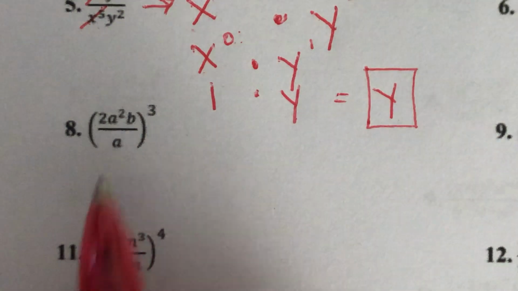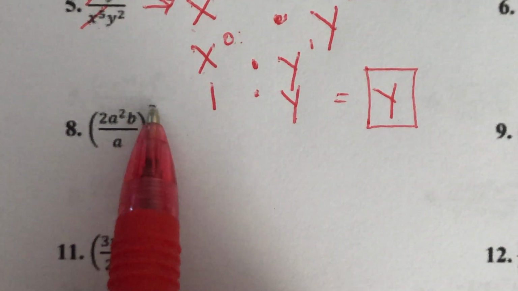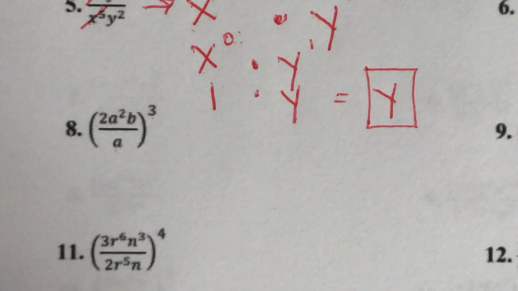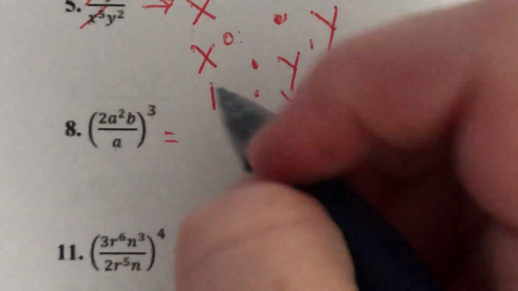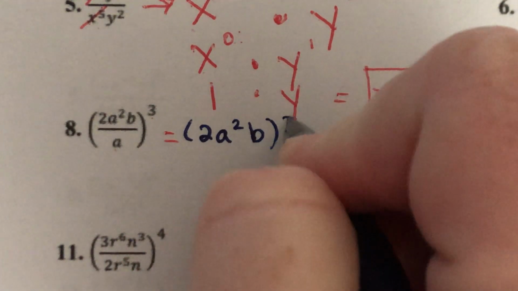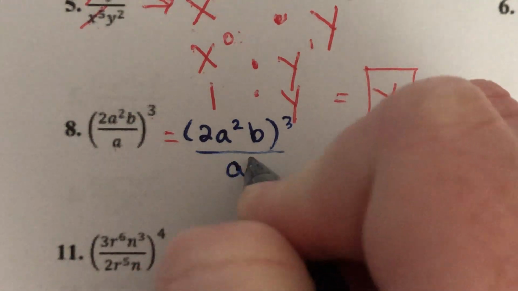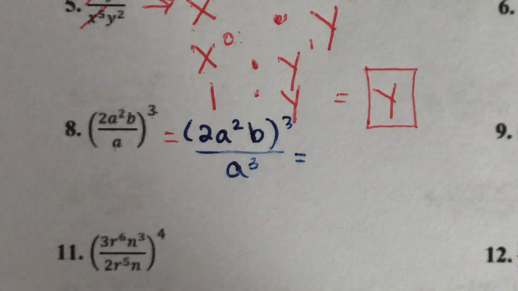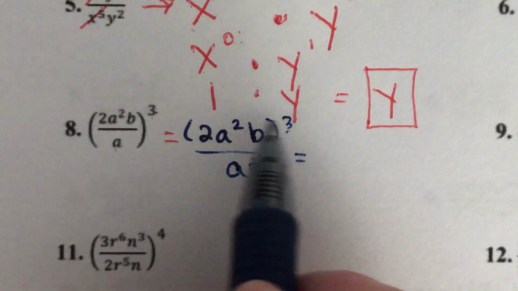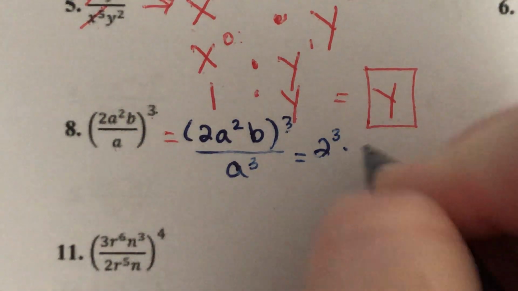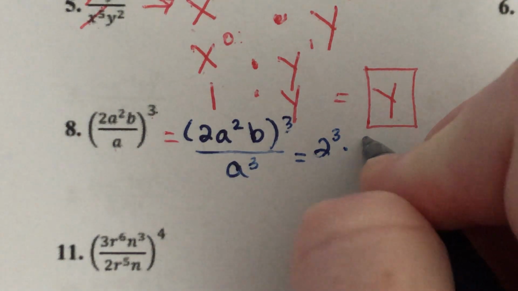Number 8. All right, so here I've got to distribute this 3 to all 3 factors in the top and to the factor on the bottom, right? So I'm going to write this on the top, in a different color, as 2a squared b to the third over a to the third. So I separated that into the top and the bottom. Now I have to distribute that 3 to each of these 3 factors. So 2 to the third times a squared to the third